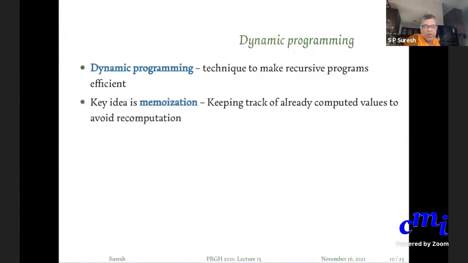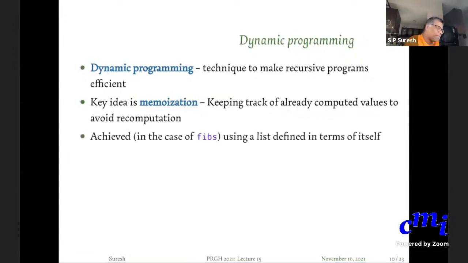That's all there is to it. So keep track of already computed values to avoid recomputation. So the next time you want to make a call to fib n-2, don't make the call. Just pick out the stored value. So this is achieved in the case of fibs by using a list that is defined in terms of itself. We want to do a very similar thing for a more substantial example next.